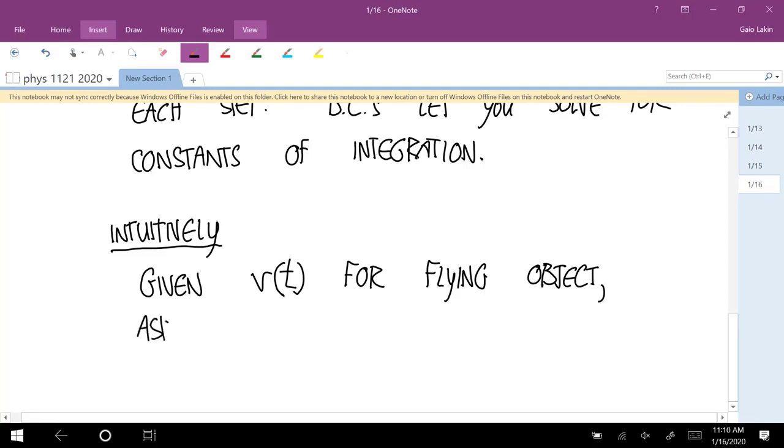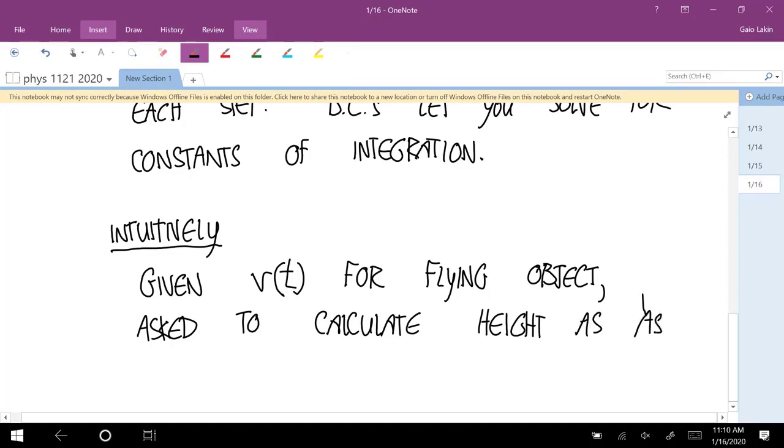And you're asked to calculate the height as a function of time. Well,